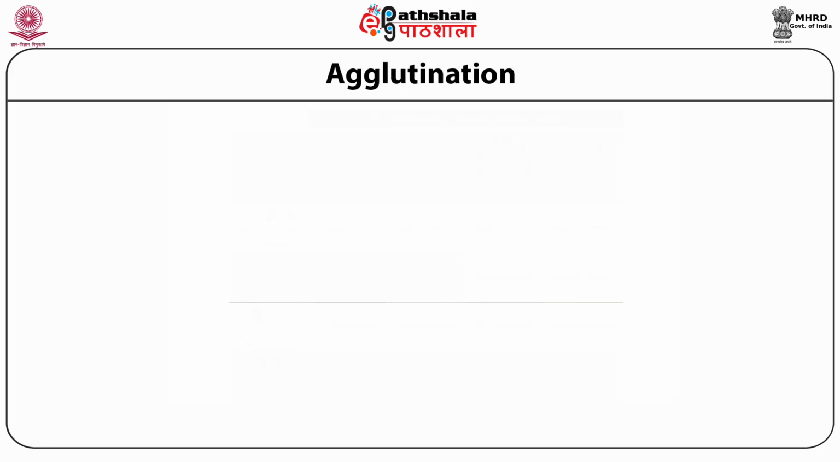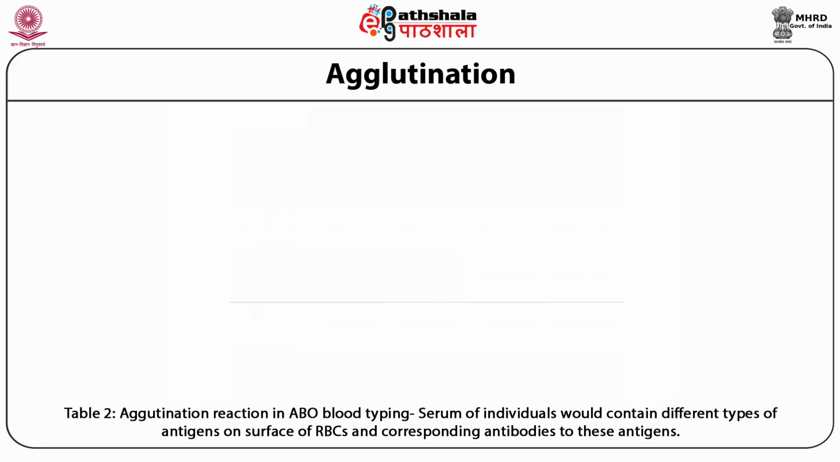This slide demonstrates agglutination reaction in ABO blood typing. The serum of individuals would contain different types of antibodies, and the surface of RBCs would have different types of antigens. The red blood cells from individuals of different blood groups are shown in this table. We can see that a person with blood group O has red blood cells demonstrating no antigen on the surface. A person with blood group A, for example, has antigens of type A on the surface of the RBC and